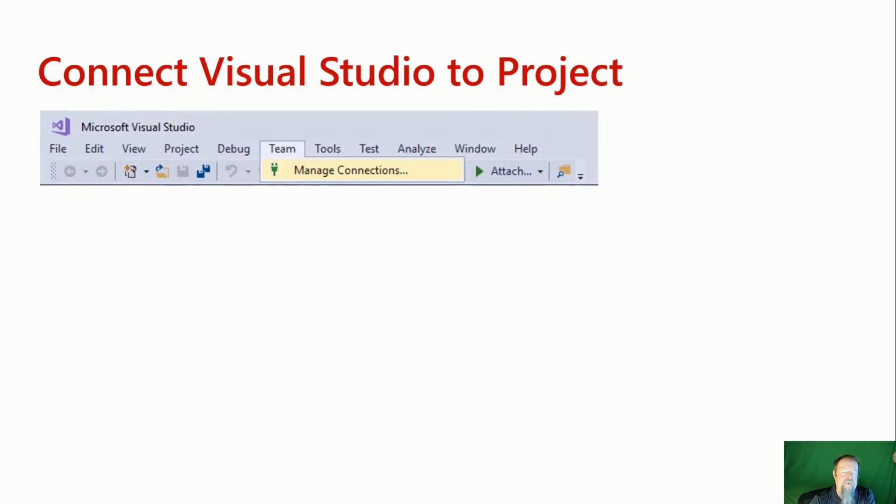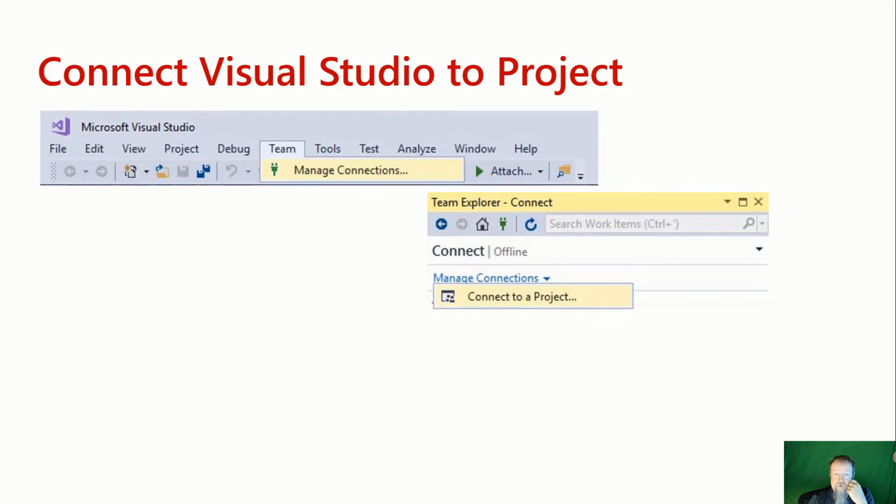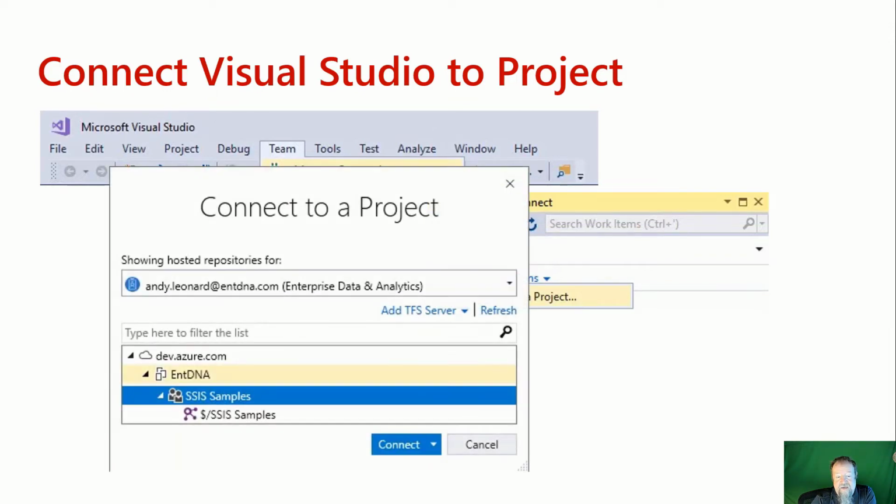Once you've done that, then you want to connect your Visual Studio environment to your TFS environment online, Azure DevOps. So you do that by clicking Team and Manage Connections. There's some other ways to get to Team Explorer, but this is a good way to do it, at least initially. And then drop down Manage Connections and click Connect to a Project. The Connect to a Project window comes up, and you want to go ahead and log in. You want to pick your